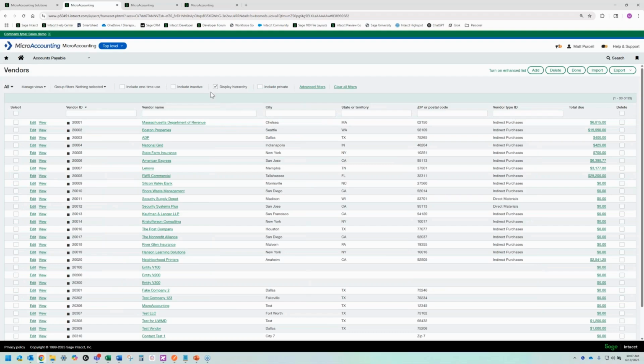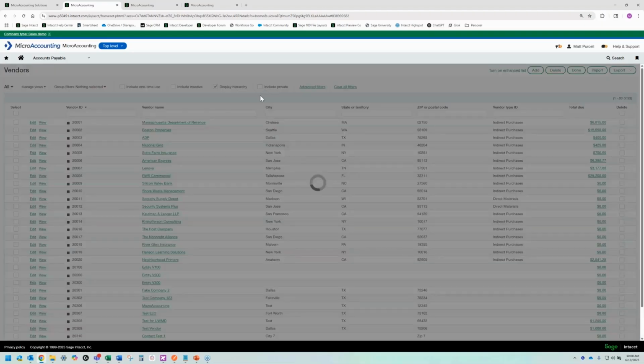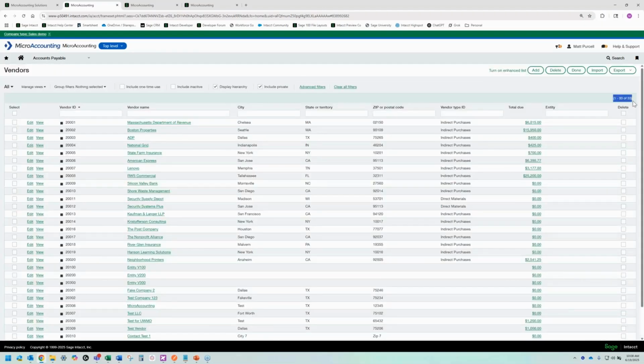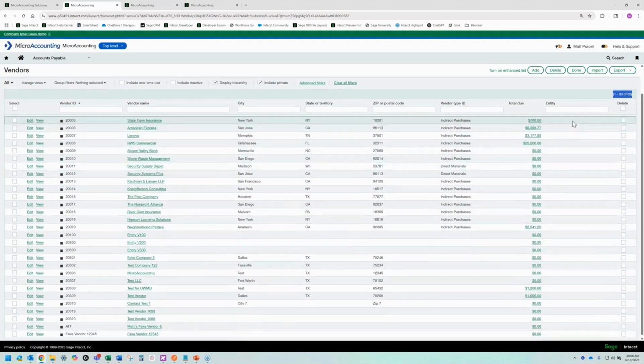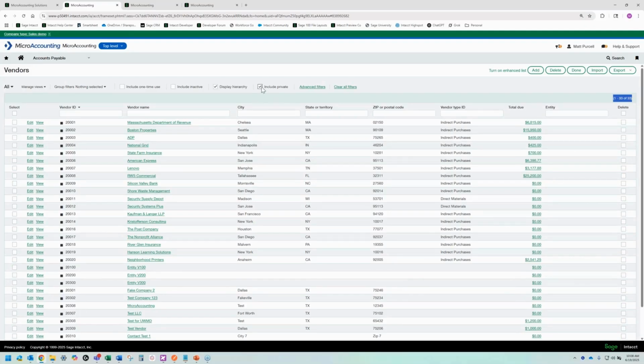Alrighty, so then moving on, these next two are include one-time use and include inactive, and also include private. I can throw that in there as well. Basically, these three show records that are either, in this case for vendors, one-time use vendors, or inactive vendors, or vendors that are private, meaning that they were set up at the entity level. If you transact fully at top level, which I'm assuming most of you on this webinar probably do, then this include private checkbox probably won't really be necessary. So for example, if I check this box, my number of vendors didn't actually change. And so I can see that none of these were created at the entity level, so it doesn't really matter.